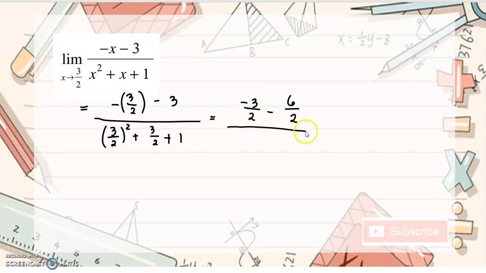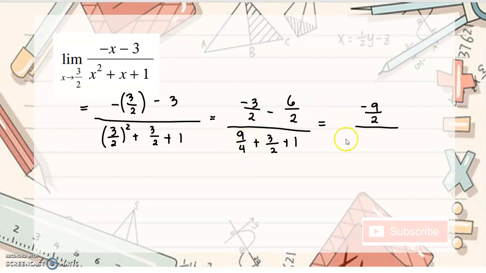Then for the denominator, 3 over 2 squared would be 9 over 4 plus 3 halves plus 1. And that would be equal to negative 3 minus 6, that is negative 9 over 2,